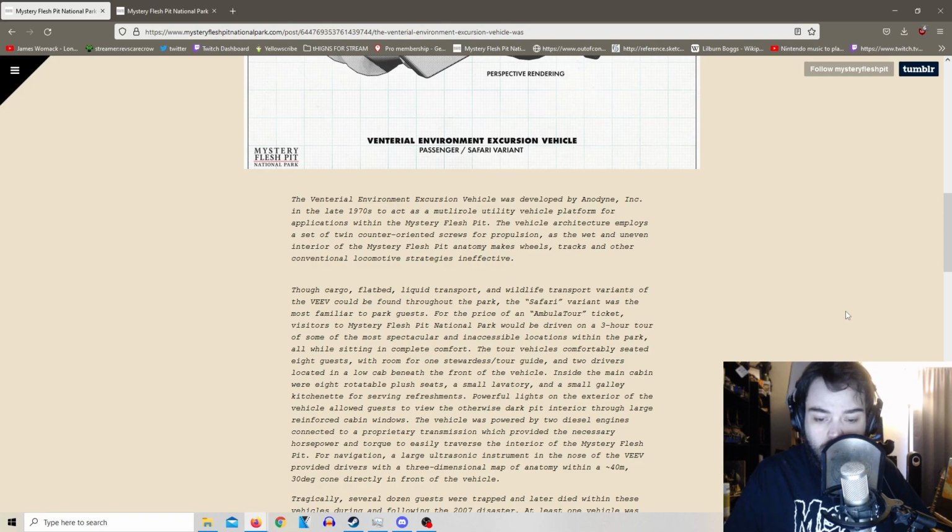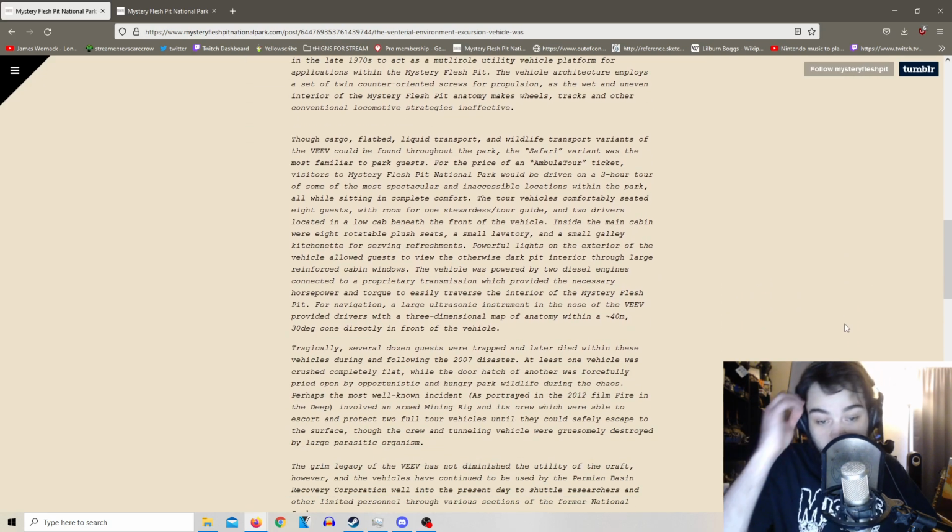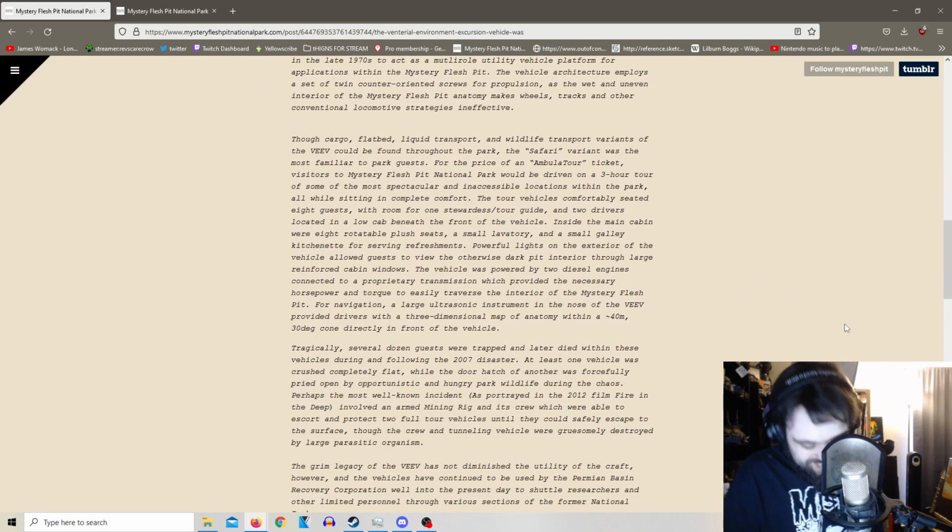A large ultrasonic instrument in the nose of the VEV provided drivers with a 3-dimensional map of the anatomy within a 40 meter, 30-degree cone directly in front of the vehicle. Tragically, several dozen guests were trapped in...